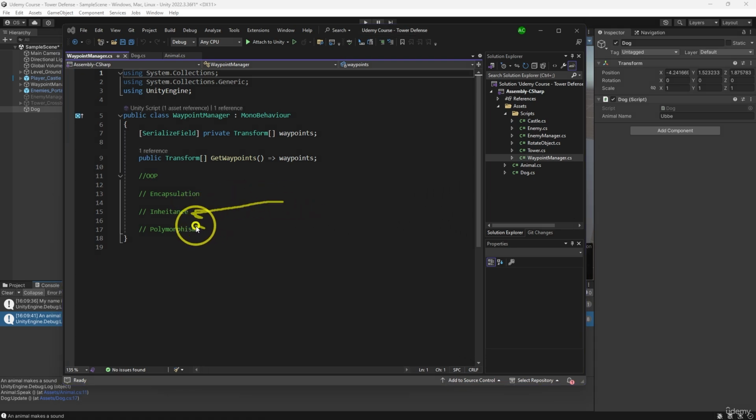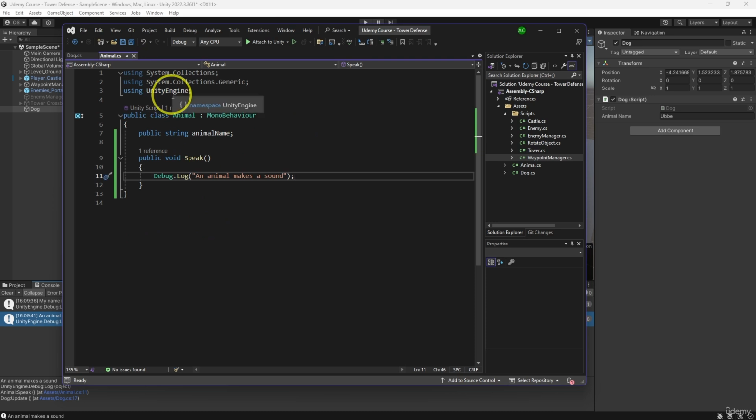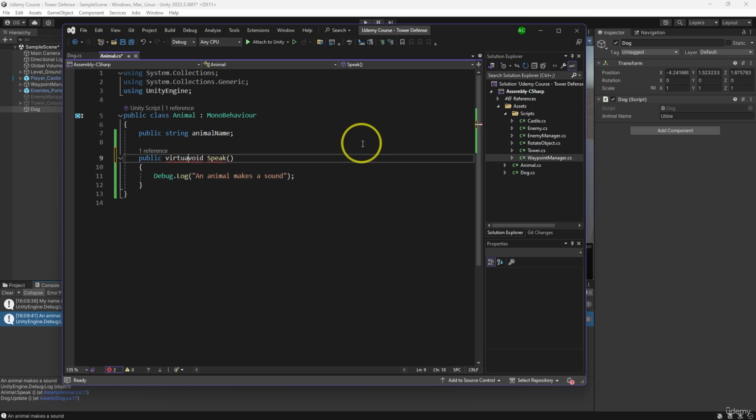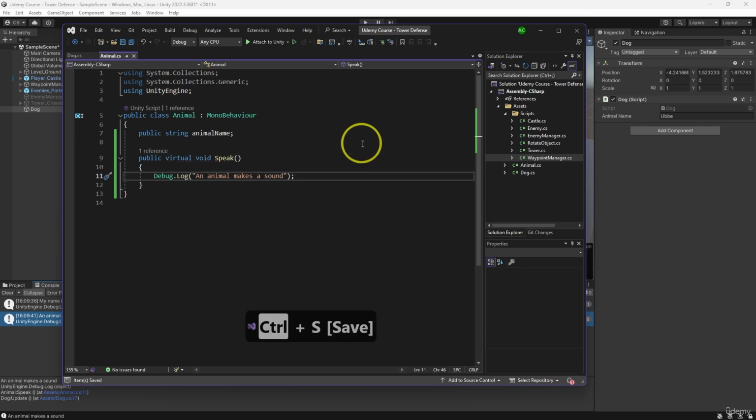Now let's talk about polymorphism, what it allows you to do. Polymorphism allows you to have the same functionality, but you can change it a bit, or you can change it entirely. Basically, it allows you to have the same method with different functionality in it. Let's go over here and type public virtual void speak. So now this is a virtual method, and because it's written as public virtual void, it can be overwritten on